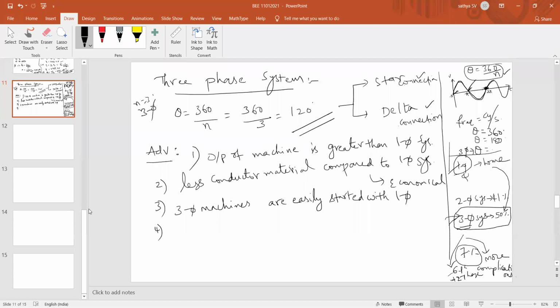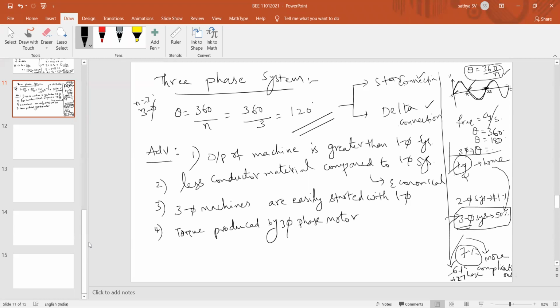There is a three phase induction motor and alternator. Three phase, single phase, everything about the machines part will be there in unit number 4. Okay, so in unit number 4 you can come across the torque values, efficiencies and everything. And here you can also mention the torque which is produced by the three phase motor,